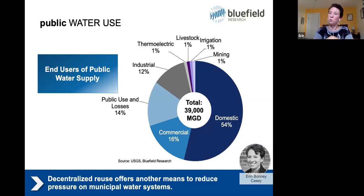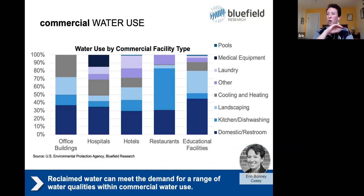And when we look at this, and we've been talking about reclaimed water for irrigation, you see that irrigation makes up a relatively small 1% of that total public water supply. I just want to drill into that commercial piece, because a municipality is saying, well, this is a commercial end user, but within a commercial facility, there are all different types of water use. And you can see here, depending on the facility, landscaping and irrigation can be a huge piece of the total water used within educational facilities for playing fields, or the landscaping around office buildings, hotels,